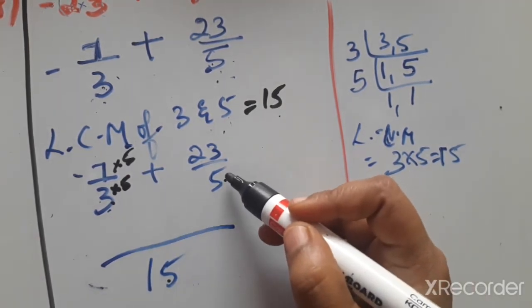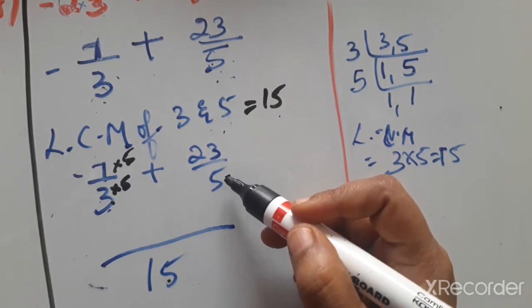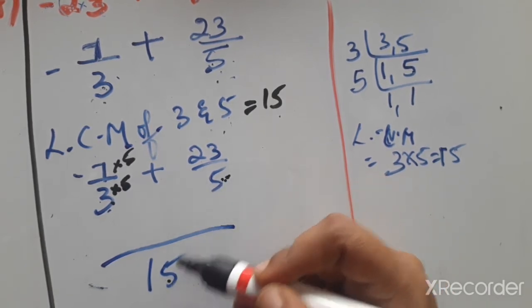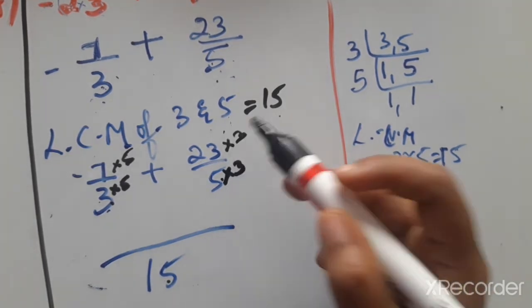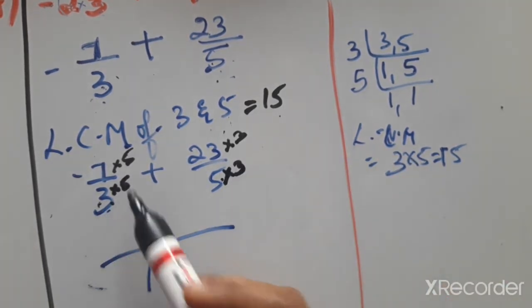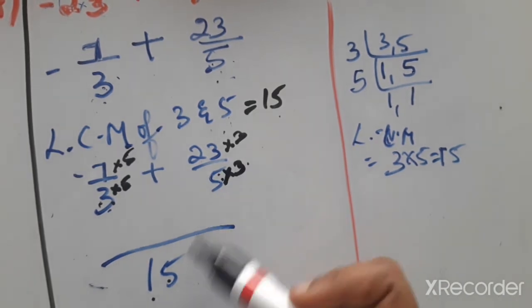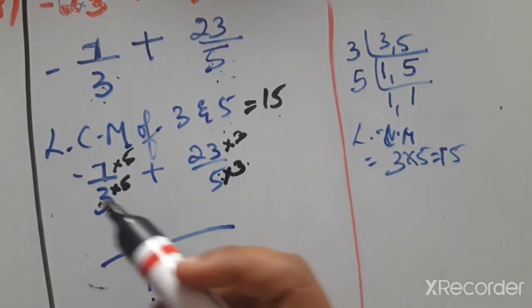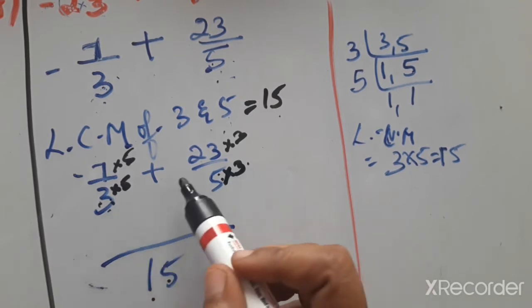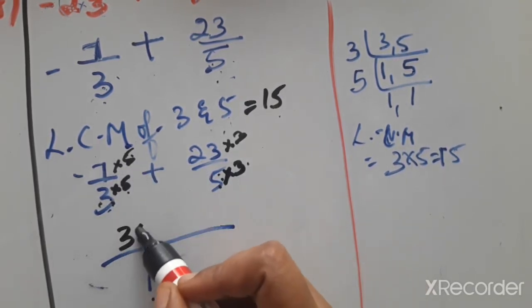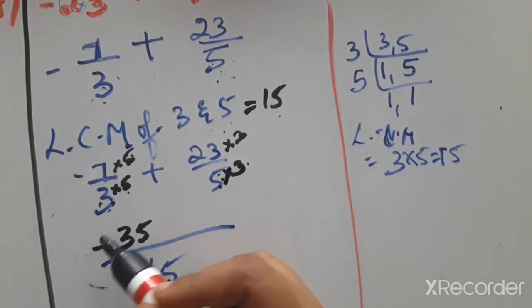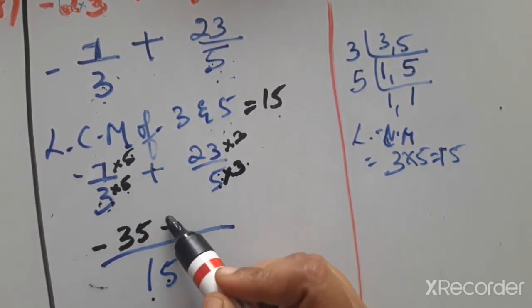Here the main importance or preference is for the denominator, children. 5 how much are 15? 5 3s are 15. Same factor you multiply up, 3. 3 5s are 15, that we already wrote, and 5 3s are 15. The common factor we already wrote, which means equalizing to the same denominator. Now here 15, 15. 7 5s are 35 and the symbol is minus. Here the plus symbol, write the same symbol.